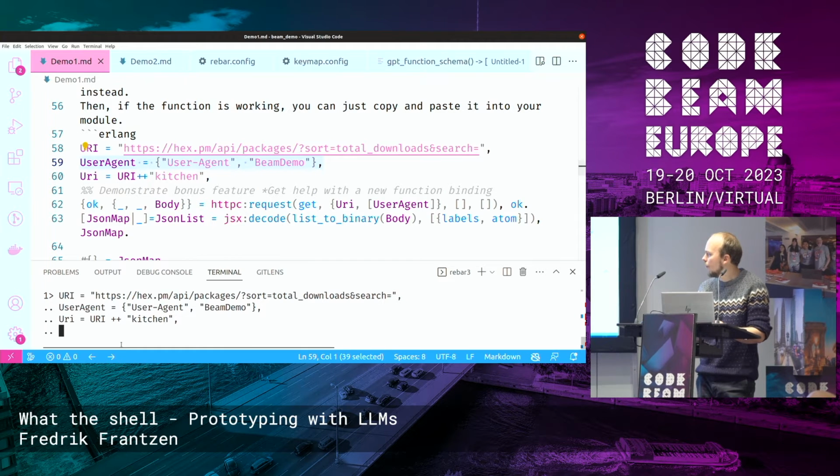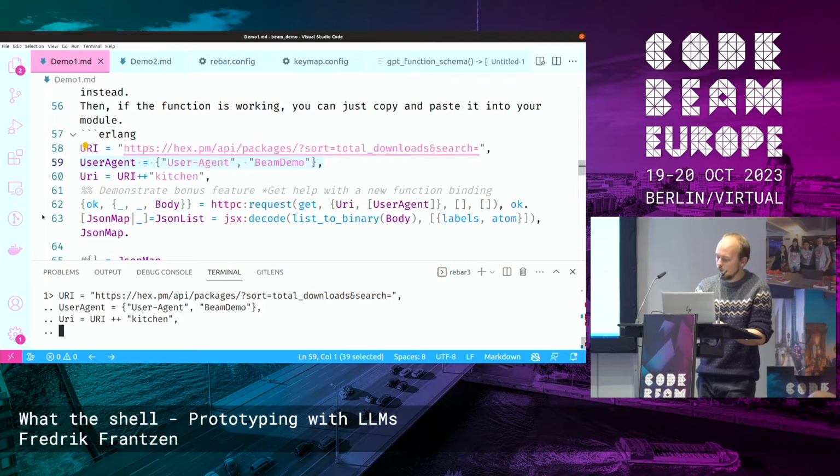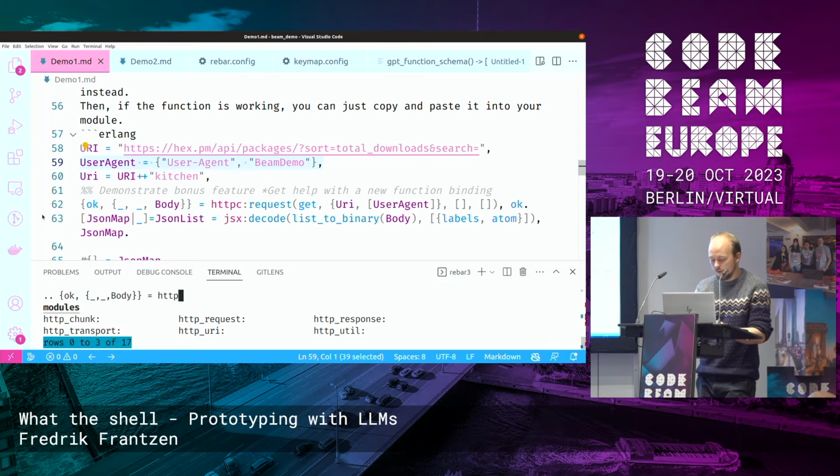All right, so now I want to do this HTTP request here with this new URI and with a user agent in the header here. So let's do that. Yeah, we have modules as usual. That was old behavior.